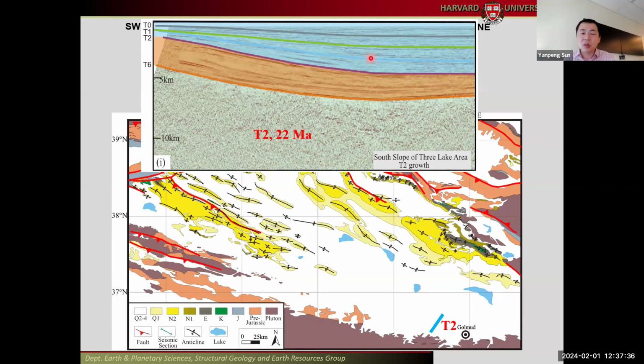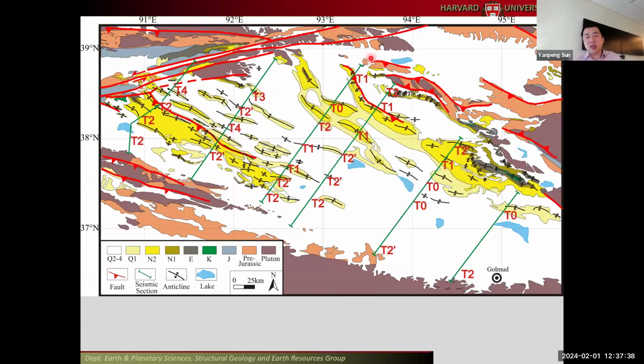ago. So with this kind of analysis, we try to plot this individual structure mainly along the regional line, even though I did analyze some of the other lines not on this regional line. But overall, that you see